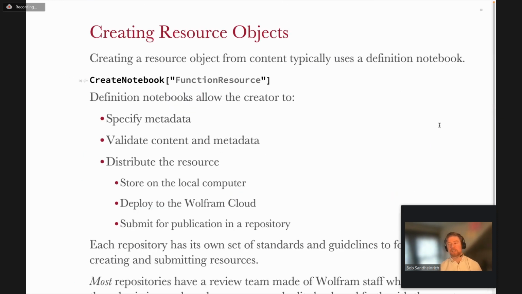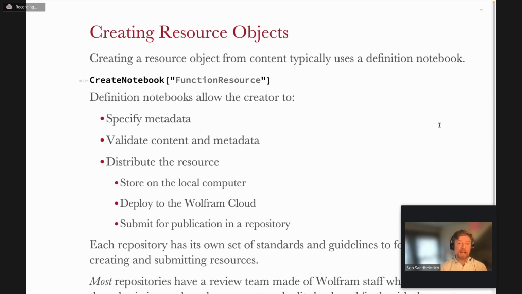All right, so that's the end user portion of the talk. So hopefully it makes sense how you can find resources and use them, and they all should just flow seamlessly into standard Wolfram language development, whether it's data that works just like any other data, or functions that work just like any other function, or neural nets. You can access them and just use them right away. But now I'm going to talk about